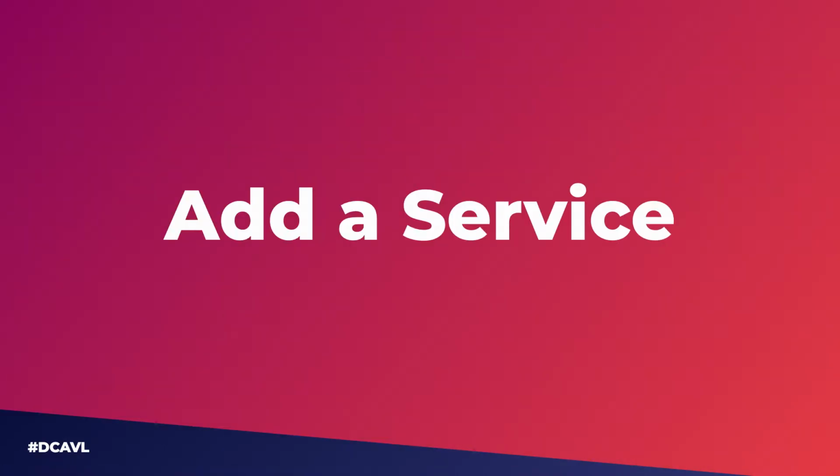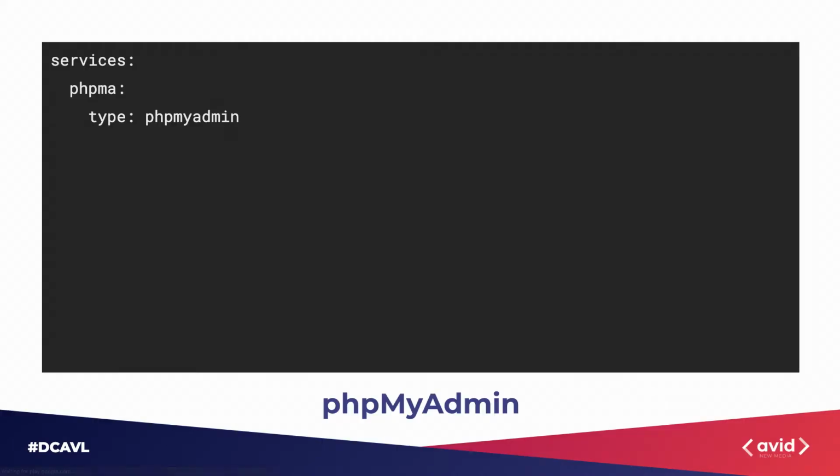So let's look at adding a service. We're just going to add phpMyAdmin. So services, again, is just another array of items. phpMA is the name of the service that I'm going to call it. So much like example was the name of our app, phpMA is going to be the name of this particular service,